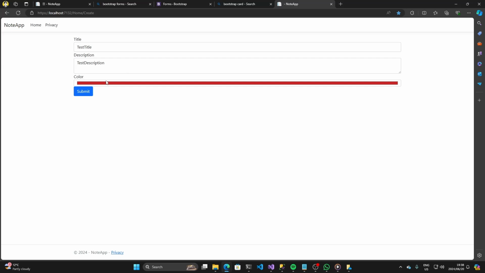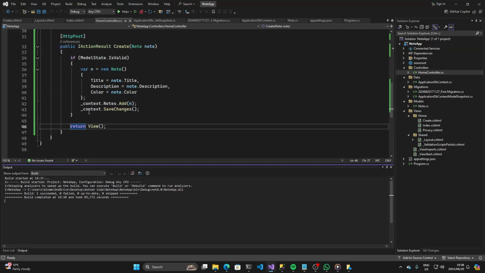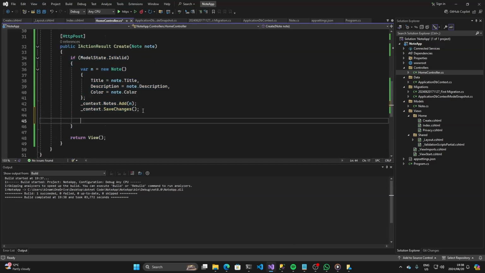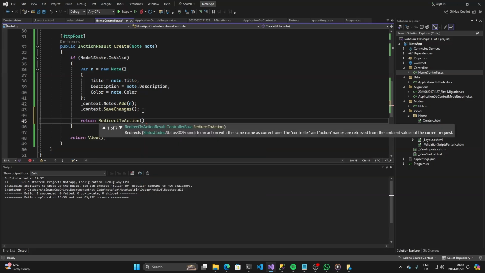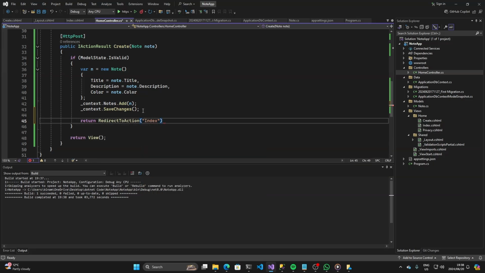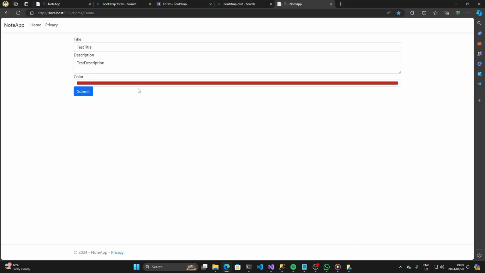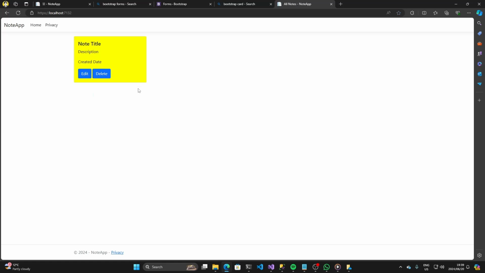Now the thing is, okay, I submitted, but now how will I know if I submitted or not, right? The basic thing to do is take them to a home page. So what I'm going to do is, on the view, after we're done with this, return redirect to action. That should be index. Okay, so now whenever I create a node, it will redirect me to the home page, which